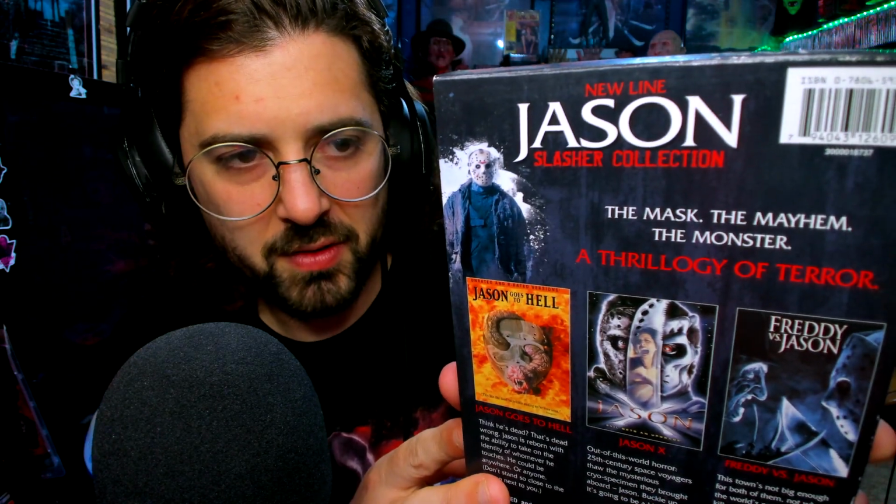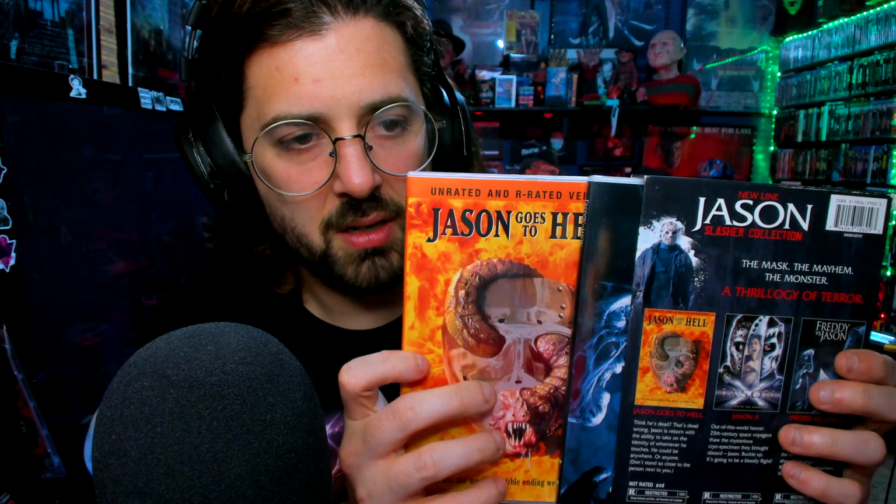Here's the back. A lot of art for Freddy vs. Jason on this thing. And it comes in these really slim DVD cases, but with the original art and everything. They didn't do nothing silly. Unrated, of course, and first Freddy vs. Jason. And I just remember this being on the shelf at Walmart, and I remember getting it at Walmart, and